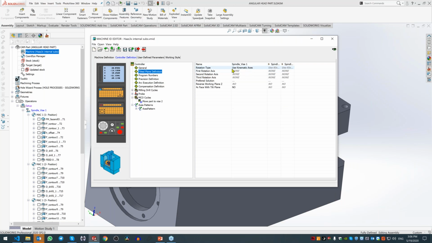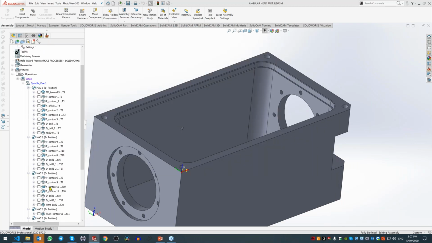By default, we have this type of kinematic axis. This machine doesn't have a kinematic axis, so it means the plane cannot be rotated. But if I define the custom order, I will get a plane for my operation in the order of the Y axis and X axis. So if I go now and save the operation, I can see what will happen